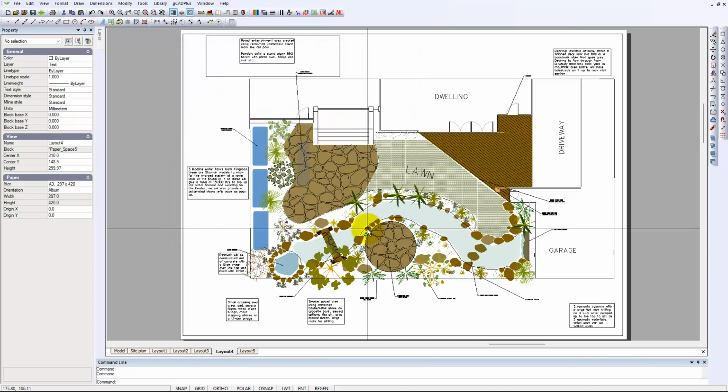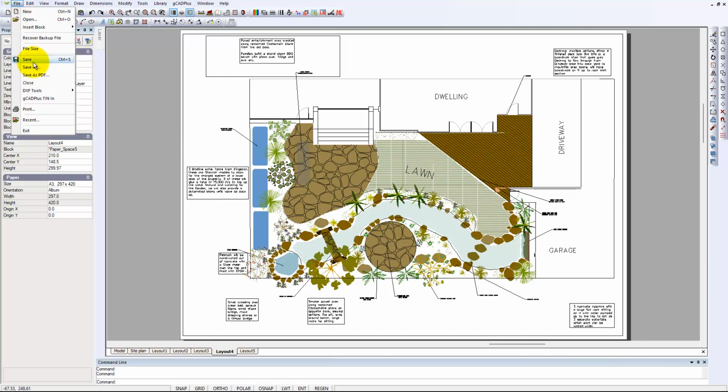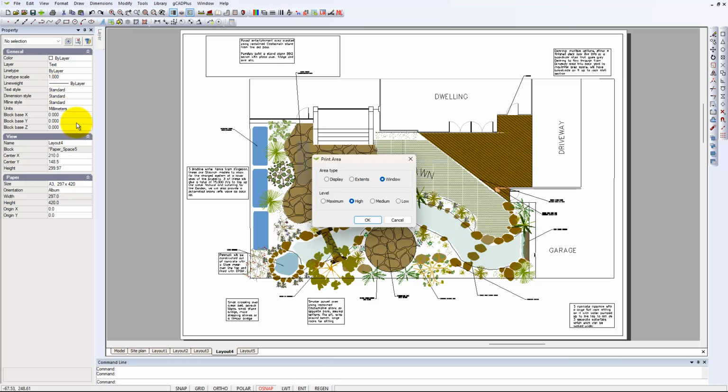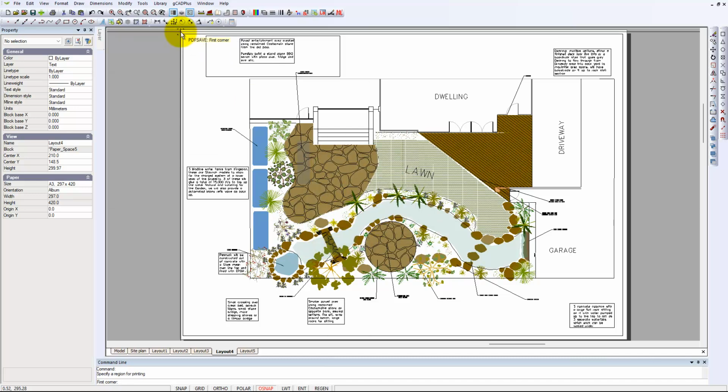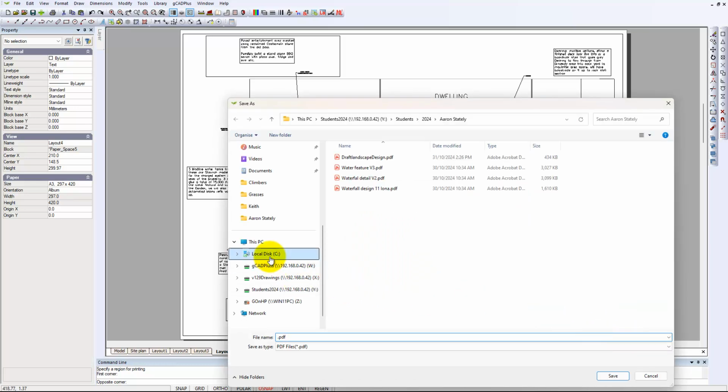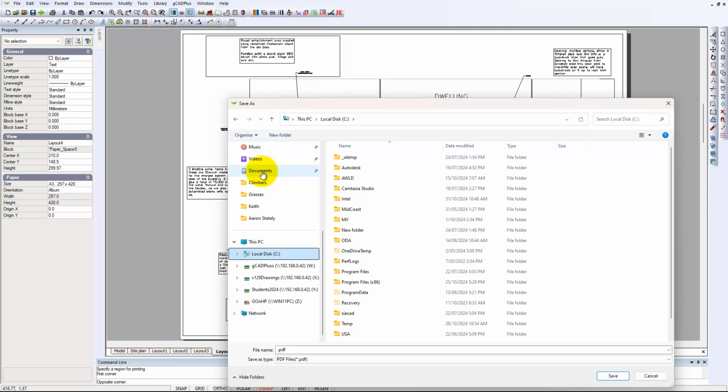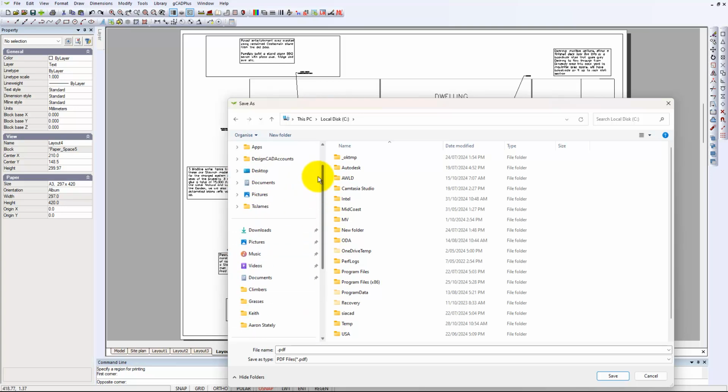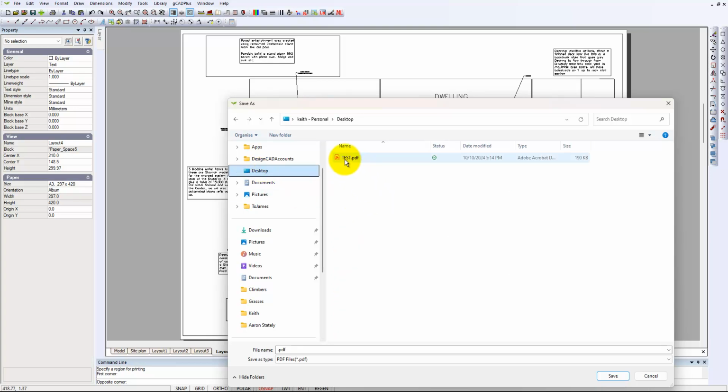Our designer is having a little bit of trouble getting some nice definitions if you print this for the client. We can do a quick print for a client with Save as PDF, and I'll go to a window option and maximum, and I'll OK that. That gives me the opportunity to wrap a box around the whole design. And I'll go to my local disk, and what I want is my desktop,